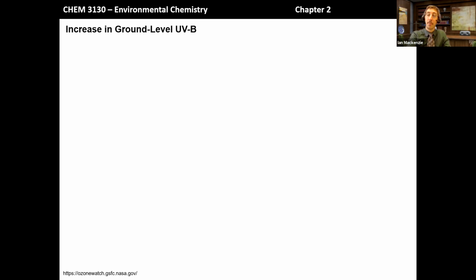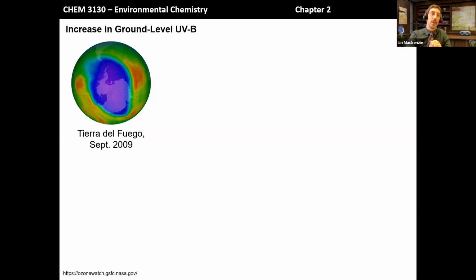And there's a few examples of this. You might wonder, well, it's over the South Pole, but nobody lives at the South Pole, so maybe that's not that big of an issue. But it really extends a little bit beyond that region. Here's one example of the ozone hole in 2009. You can see it's reaching all the way to the end of South America. So Tierra del Fuego in South America experienced for a few weeks a significant increase in the amount of UVB light due to this ozone hole that